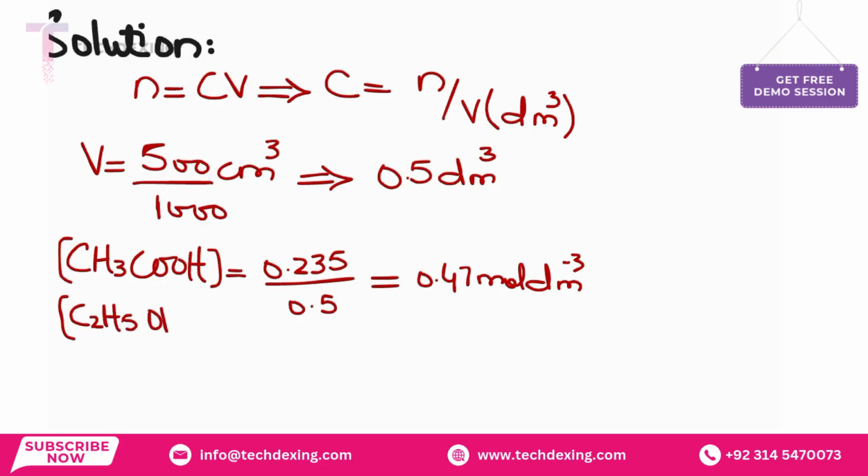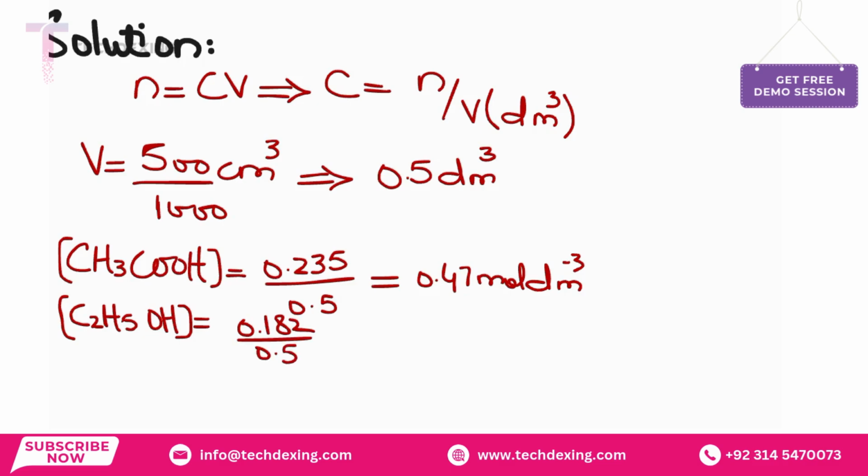C2H5OH. Let me know the number of moles for the ethanol. It is 0.182. Concentration equals 0.182 divided by